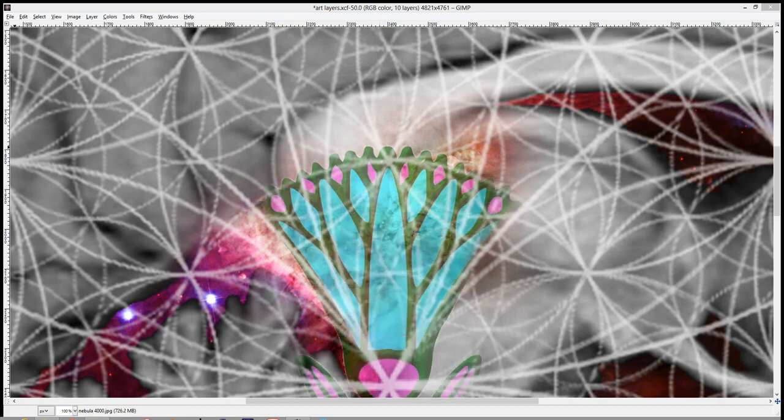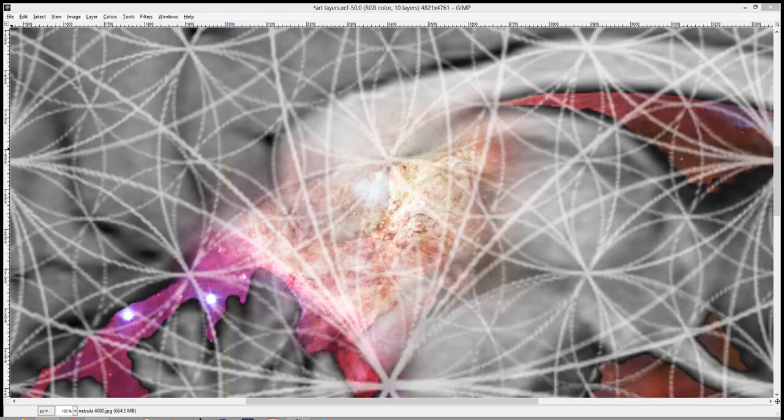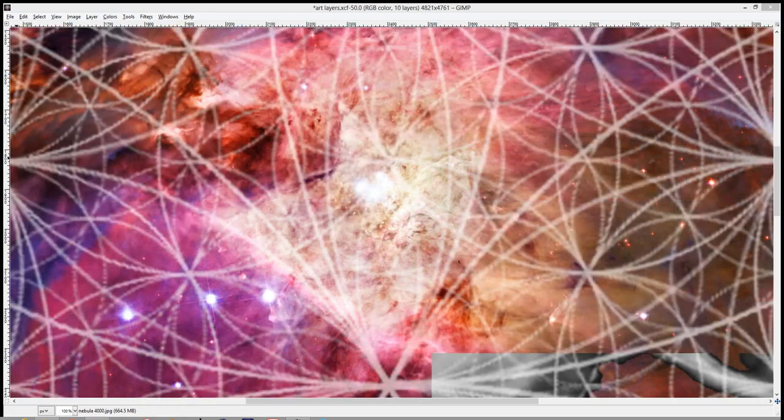Here's our lotus again, and you can see right in the middle of that lotus is the vortex, or the pineal gland area. So let's turn our brain off real quick. Here's the geometry inside the trapezium again. There's our vortex right in the center of that eye. So now let's turn on